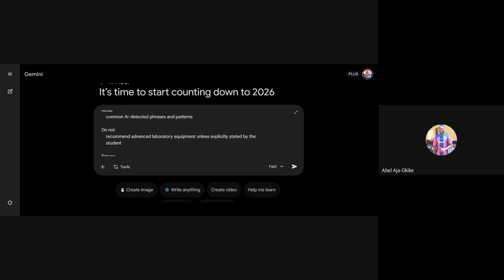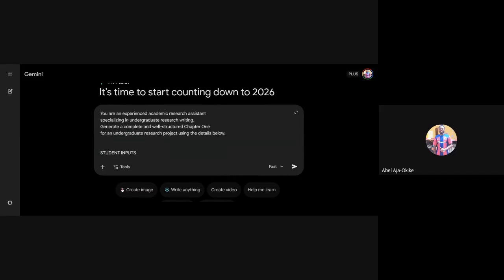Okay. So please, if you look at this, you see that there is a way it is pasted. I don't have time to start editing it, but the system understands what I want. So this is it: you're an experienced academic research assistant, and so on. And I want you to write an undergraduate thesis using the details below. Department and field, project. So I'm going to input some of the required information. Let me say civil engineering. Just watch me as I do this.